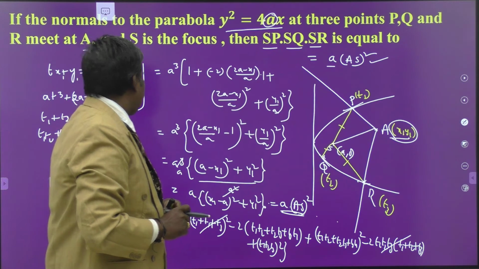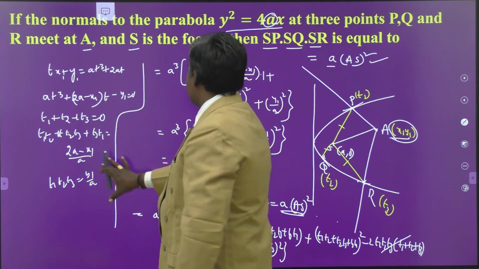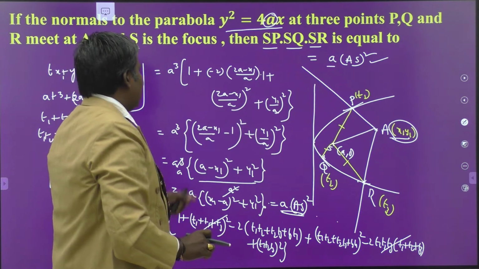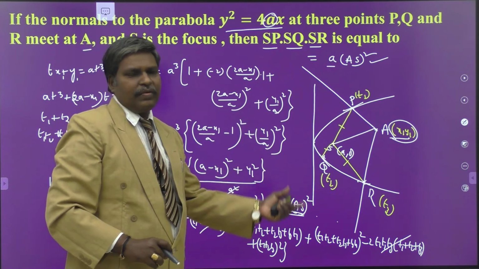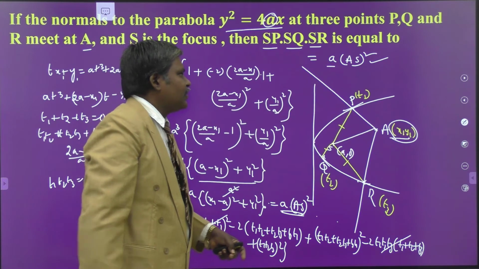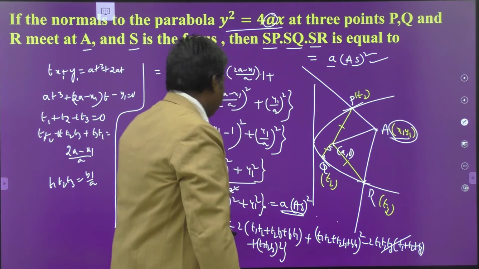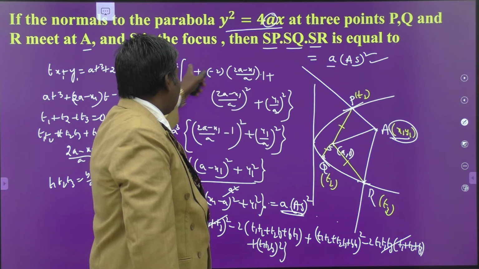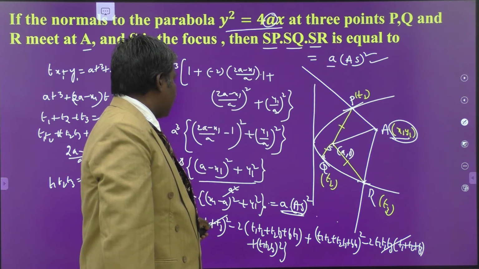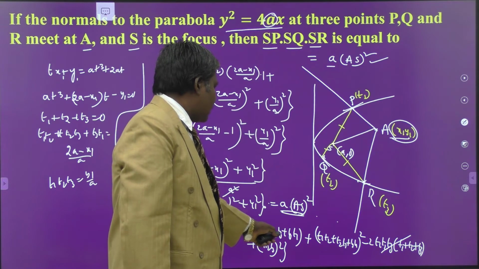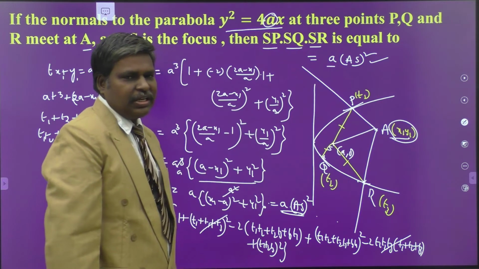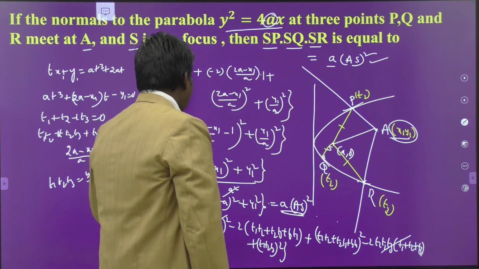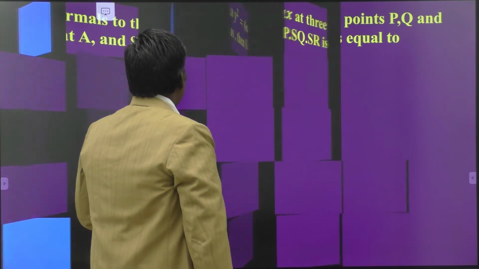So to crack this one, we have to know these three values and simply multiply the three factors and convert them into x1, y1 and then in terms of AS. Understand? Here it is of the form (a minus b) whole square. Here t1 plus t2 plus t3 is 0, and instead of t1 t2 plus t2 t3 plus t3 t1, we have to write (2a minus x1) by a. Okay. Next question.